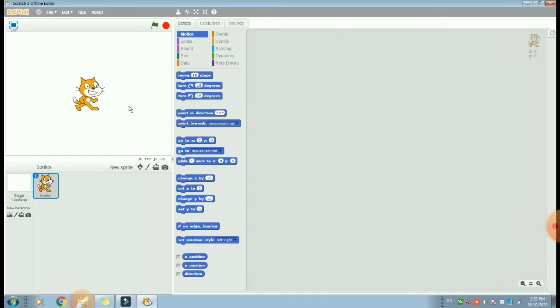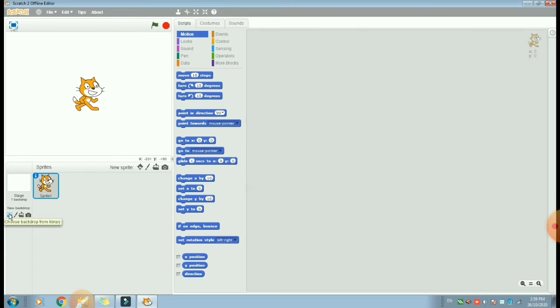We can use the new backdrop option which is available here. It has 4 different options: choose backdrop from library, paint new backdrop, upload backdrop from file, and the last is new backdrop from camera. Using these 4 options, we can change the background of the stage. This white part we can cover and make it beautiful.